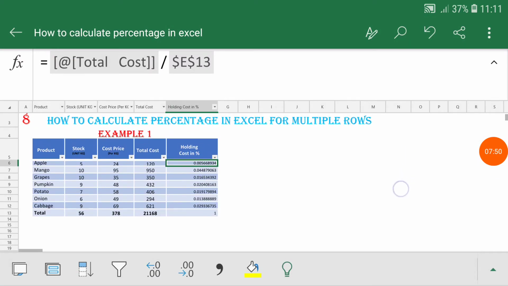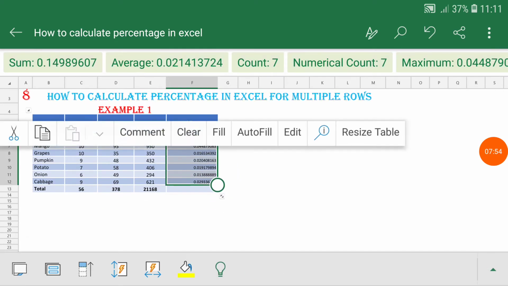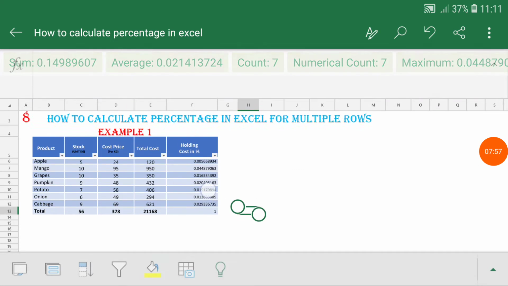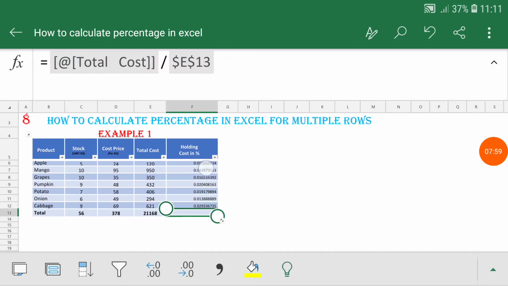Here you can see we get the result, but not in the percentage format. For that I have to change the format, and here you can see we also get 1, which shows that this is 100%.